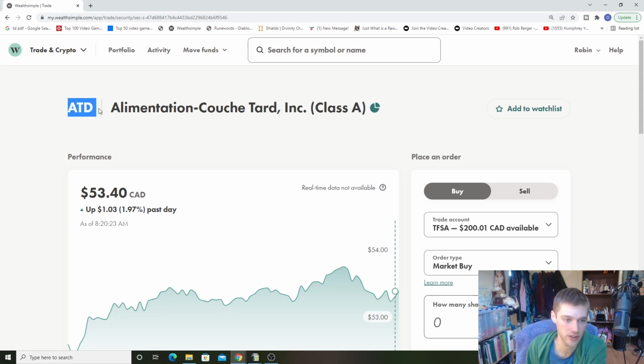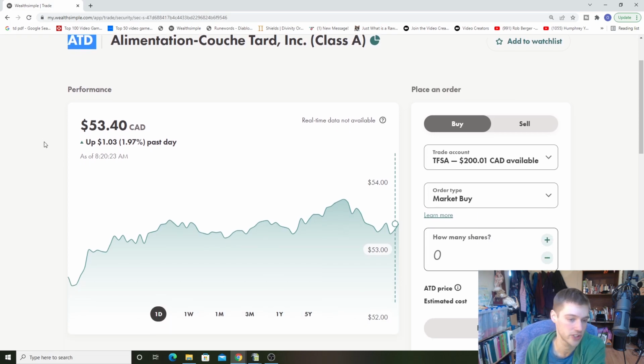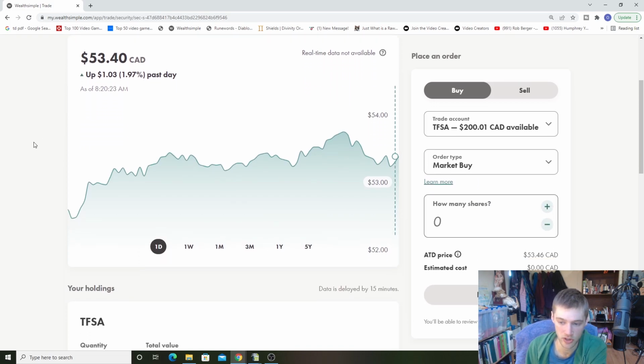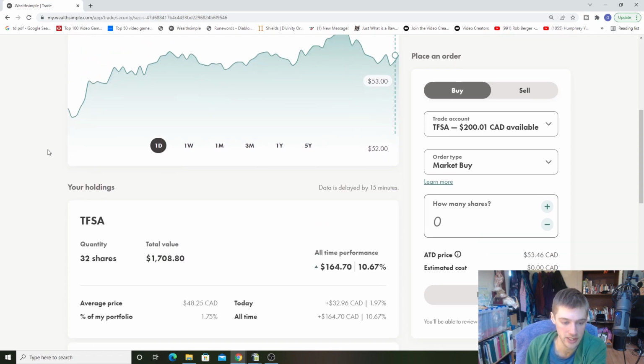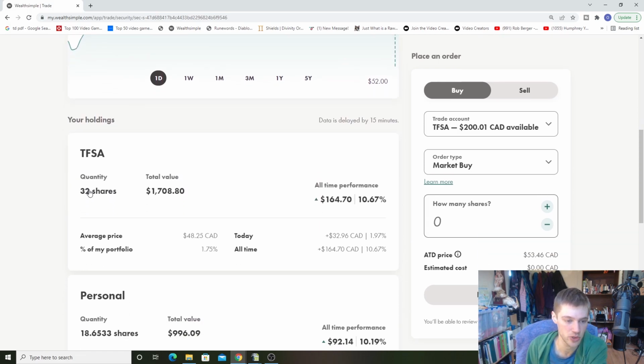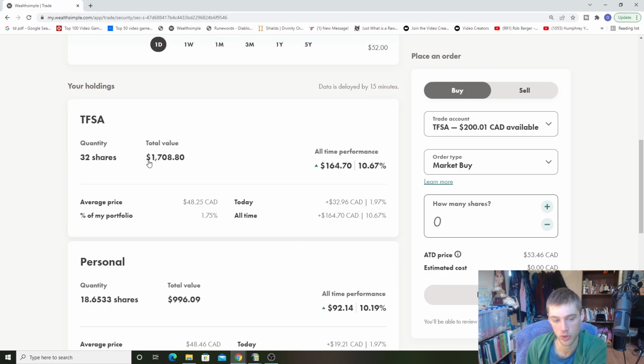As you guys can see here, it will give you the Class A shares, and those are the only ones you need to buy here. So once again, I'll be putting another $100 into ATD. So that's going to be about 2 shares or so, give or take. We'll probably use a fractional share to use the rest of our cash to buy ATD. But ATD, we have about 32 shares right now inside of our TFSA, total value of $1,708, and it is up 10%. This is a growth-based stock with some good dividend growth,